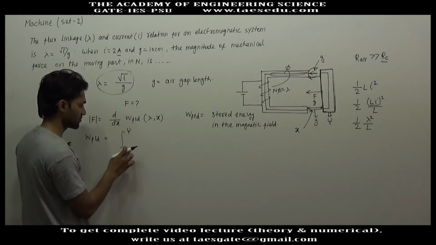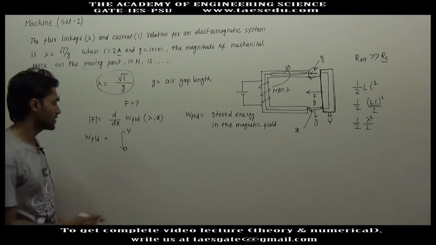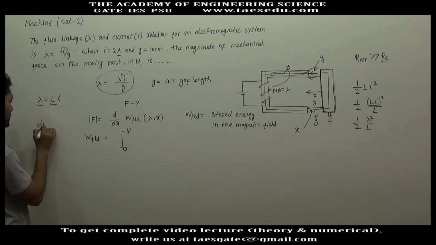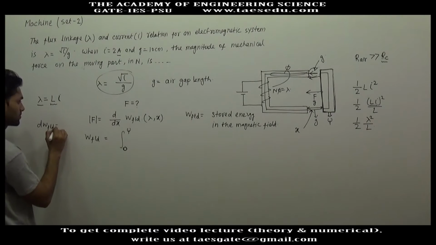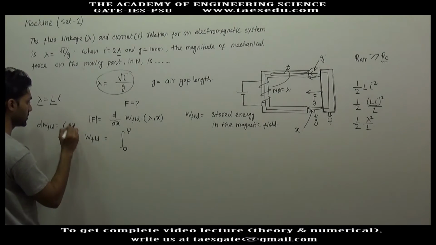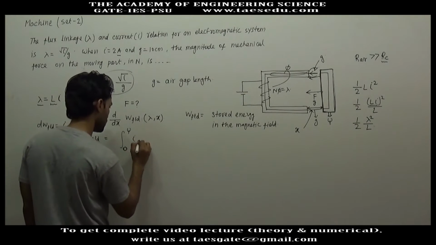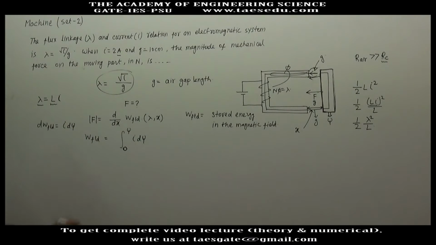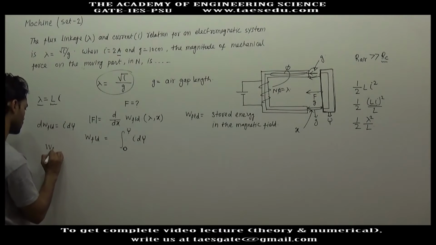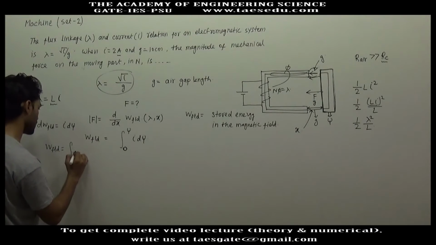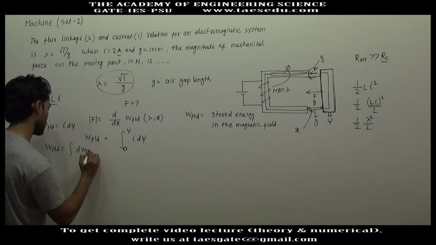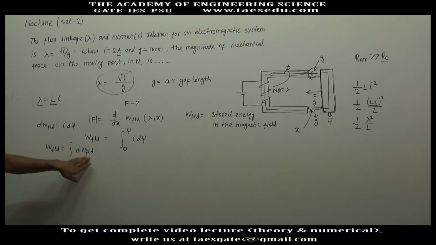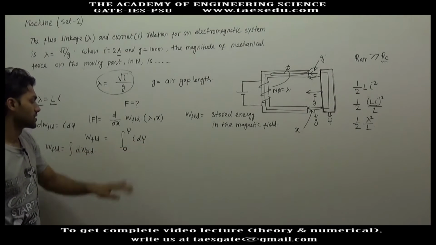So we'll integrate from 0 to psi, and the elemental change in stored energy is i d psi. The total stored energy is the integration of elemental stored energy, and elemental stored energy is i d psi,